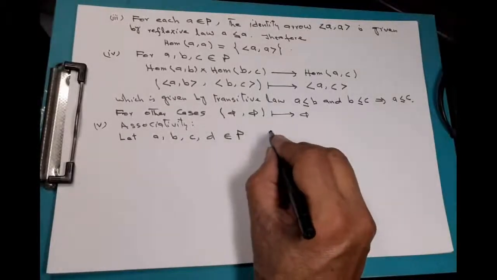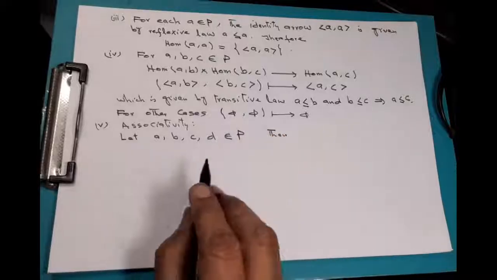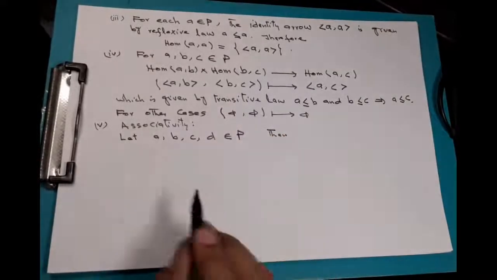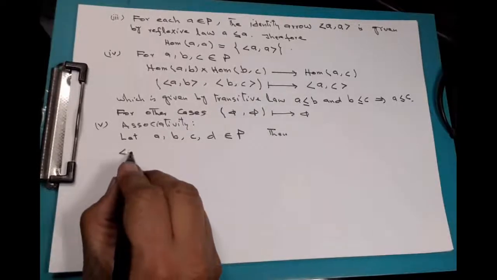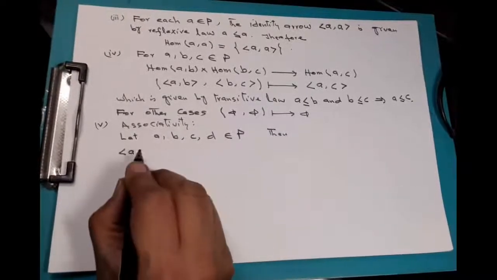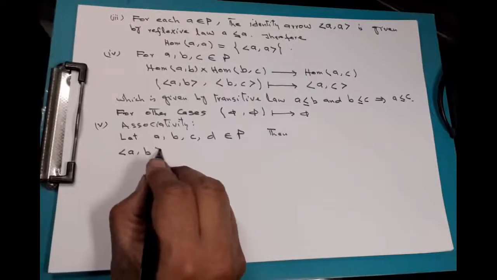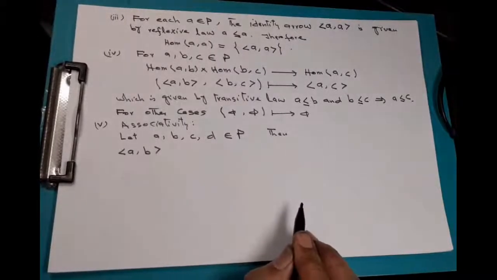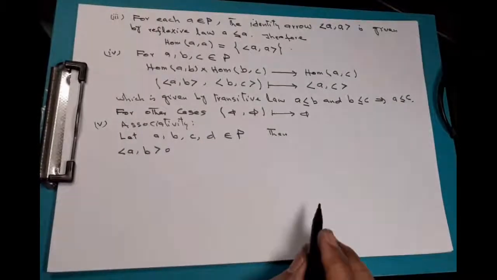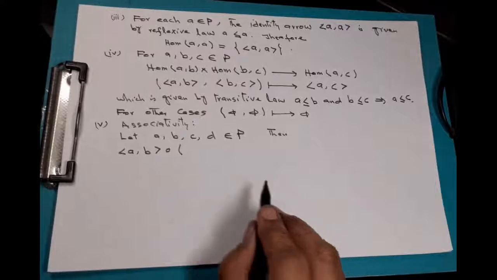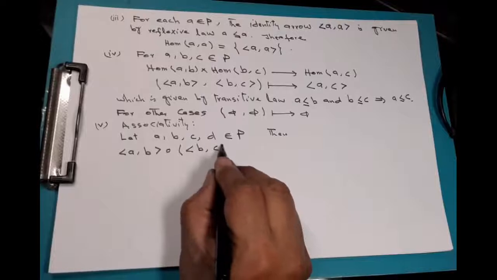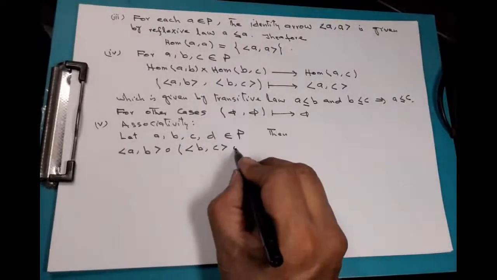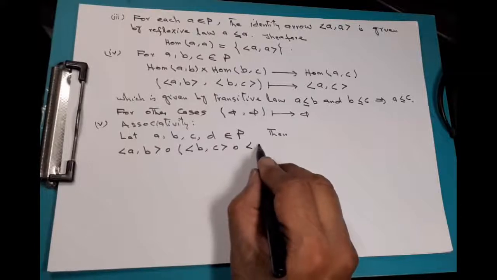Then we consider that there is an arrow from A to B, which means that A is related with B. And we compose this arrow with the composition of these arrows: B is related with C, or there is an arrow from B to C, composed with an arrow from C to D,